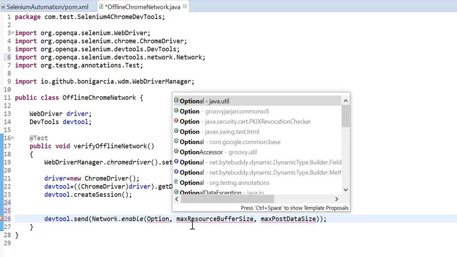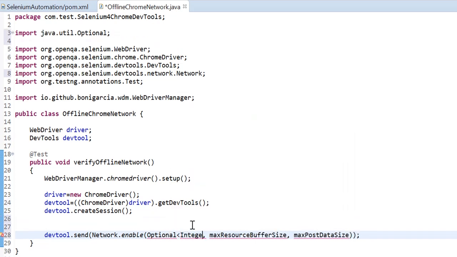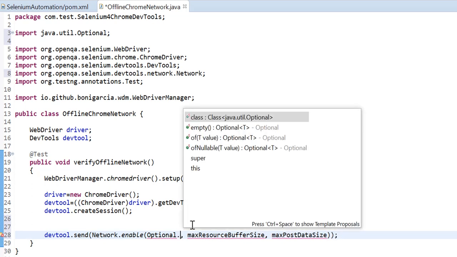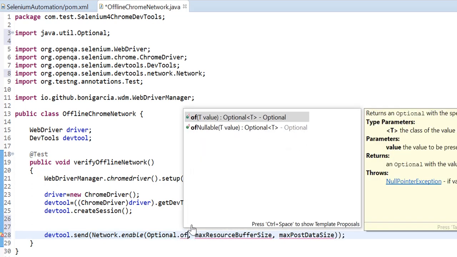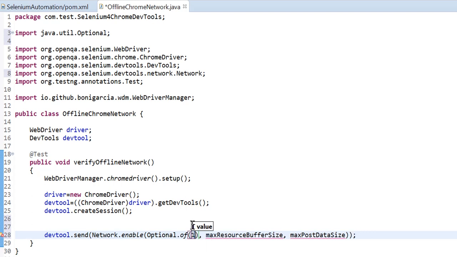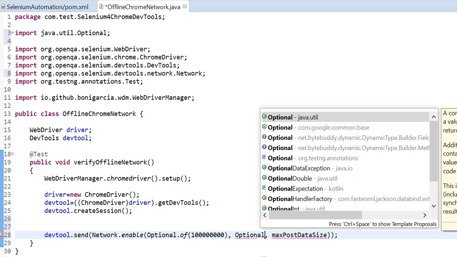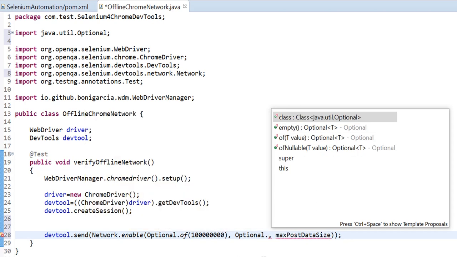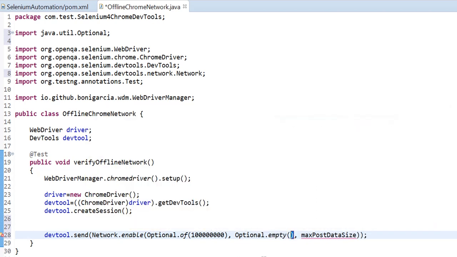This is Java 8, it is coming from Optional.of. So the first parameter I am going to pass here is 1 and eight times 0, and for max resource buffer size I am passing Optional.empty, and the same for max post data size.